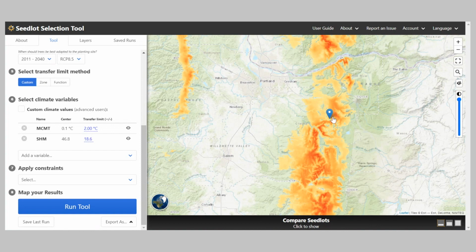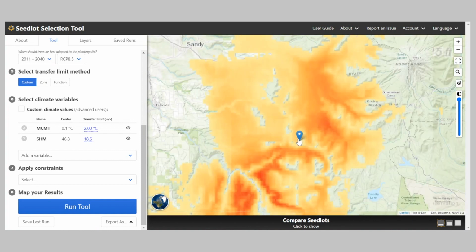If we zoom in on this location, we zoom in as close as we can go, we can already see that for this location, if we happen to collect seed from trees on this site, let's say the year before it burned in that Riverside fire, that seed from that specific site is now actually no longer best fit for this location based on the climate that those trees were adapted to when they became established.